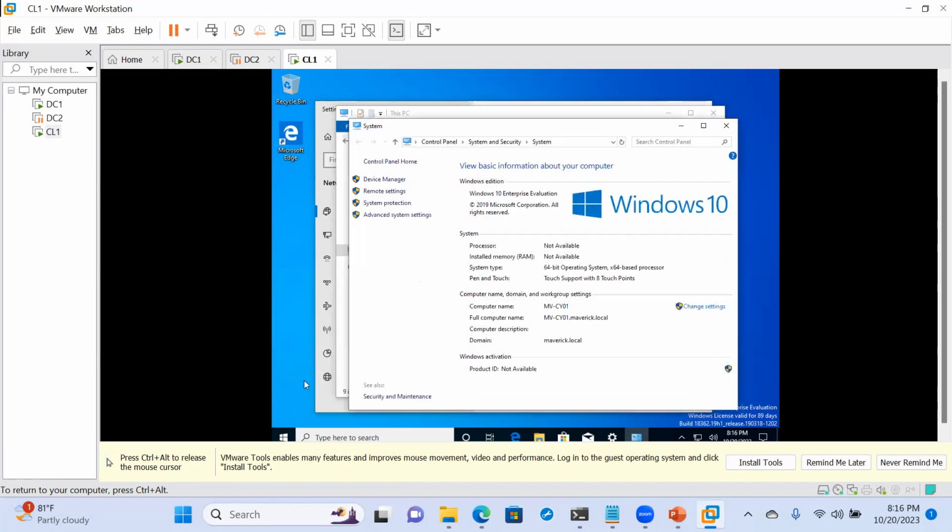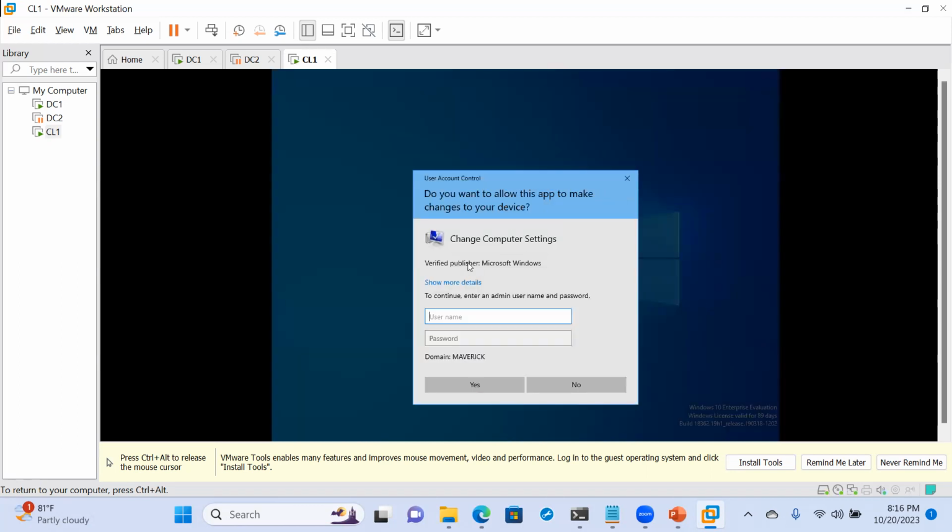some administrators use. So you come to change settings. So you can see that the machine name now is what? mv-cy01 dot the domain name. So when I come to change settings, you see now I can't do it. It has to be the administrator. But